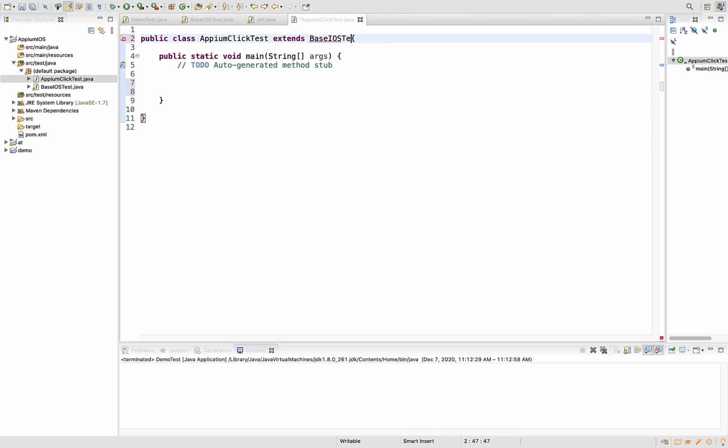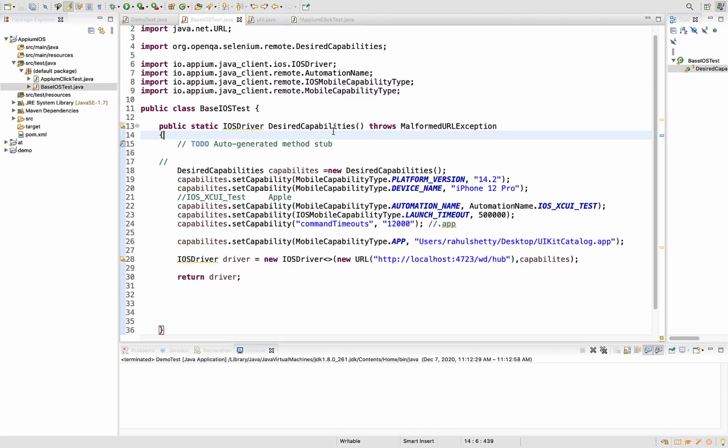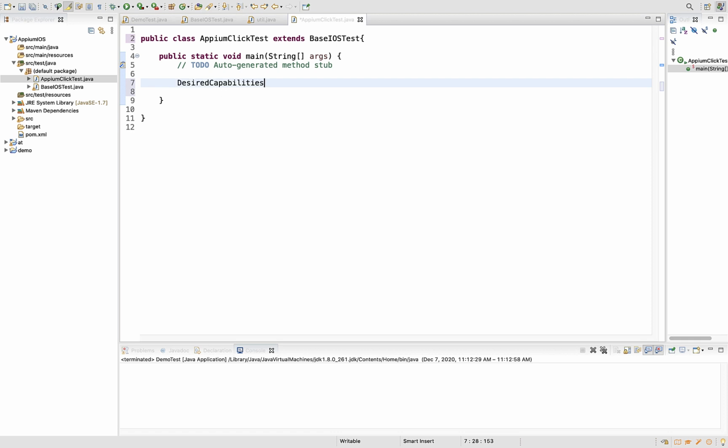If I inherit this, then I can directly use that static method called decide capabilities here. Okay, right. So the first step is that you have to create the driver object for your test, which you have already done here. So you can simply call this method in your test and that returns the driver. Okay, so this is the iOS driver, right?